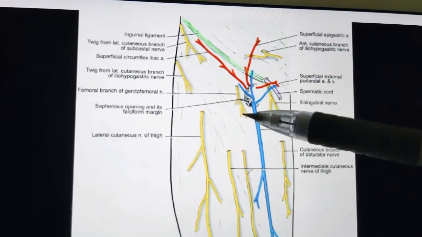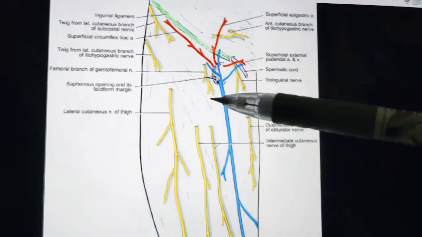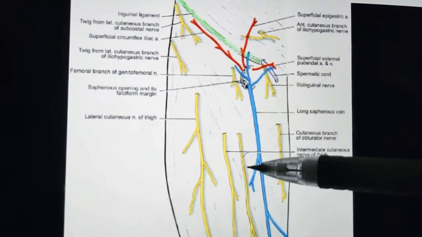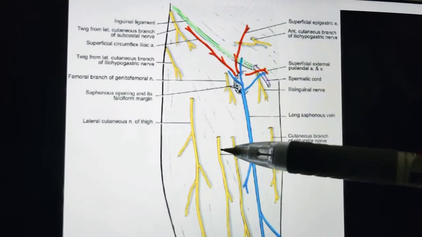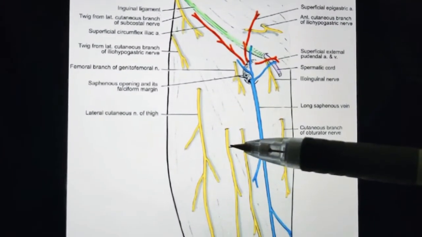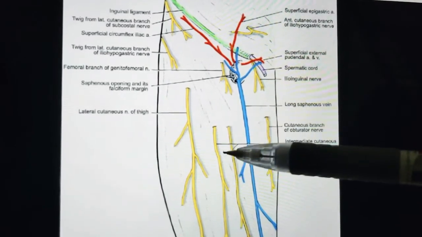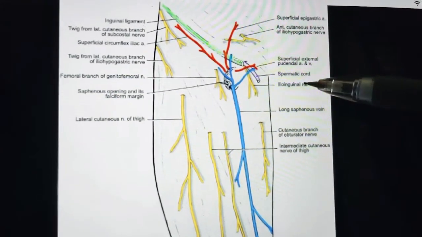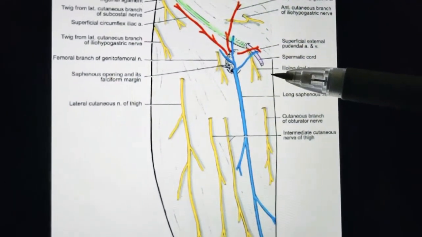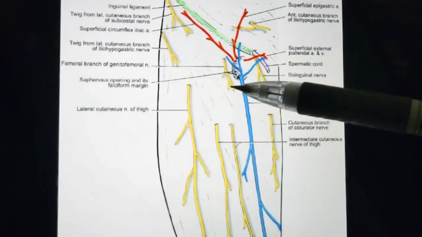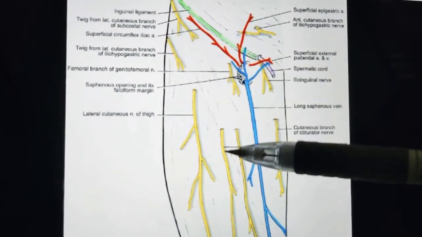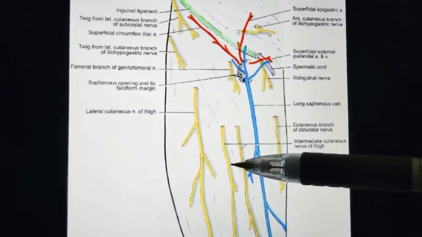Next after that again you will come to L2 and L3, that is the lateral cutaneous nerve. And after that you are coming to the intermediate cutaneous nerve and that is also L2 and L3. So remember that the lateral cutaneous and intermediate cutaneous have the same root value, L2 and L3. Whereas the ilioinguinal nerve root value is L1. And the genitofemoral is L1 and L2. Lateral cutaneous, even intermediate cutaneous, L2 and L3.